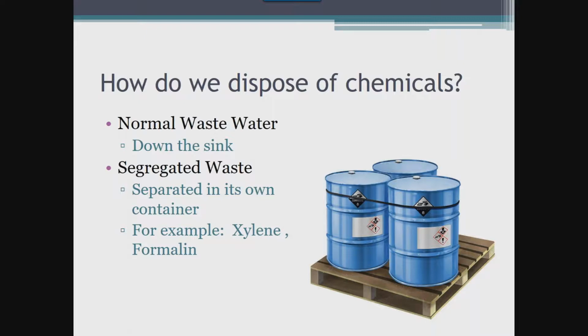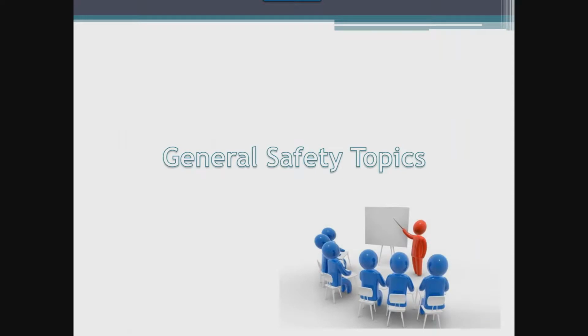If a chemical cannot be disposed of in the sink and must be segregated into a different container, such as xylene and formalin, you must obtain a separate container that is appropriately and fully labeled and put your waste in these containers after use. Outside companies are usually contracted then to come pick up the container that contains the waste chemical for disposal. So outside of chemical safety, which is one of the largest parts of any laboratory safety program,